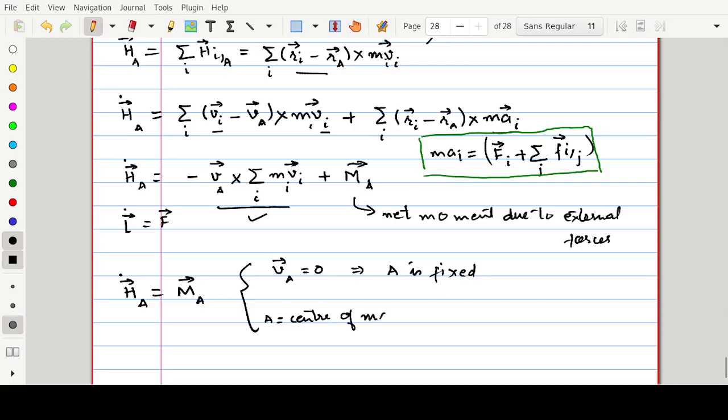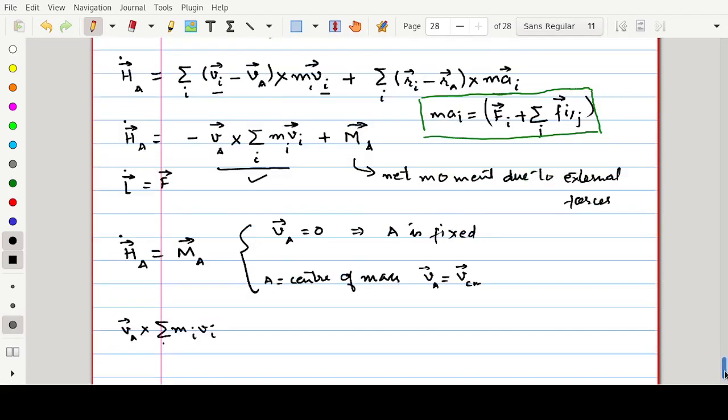When A is center of mass, what will happen is VA is equal to VCM. And if I look at this term, VA cross mi vi,